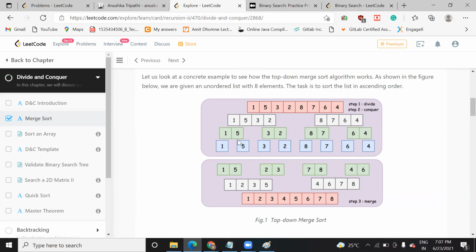Okay, when you divide the subproblem, they have divided 1 5 3 2 individually, and then again 1 5 and 2 3 together. And they are then just comparing between these two, right? They are checking in 1 5 3 2 8 7 6 4. Once they got this data, they work on 1 5 and then on 2 3, then they combine it and then they do it.